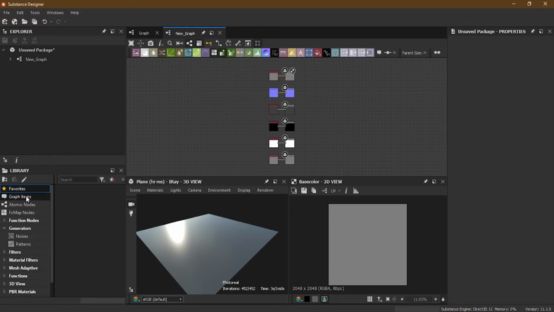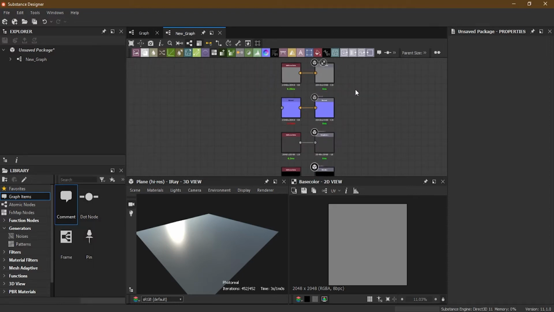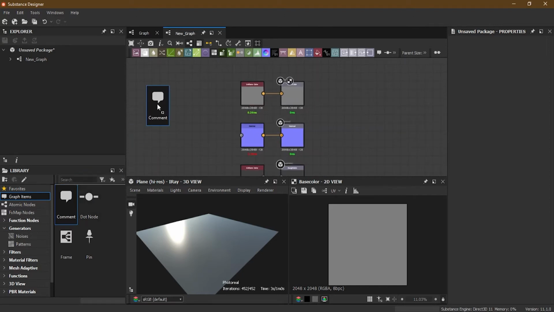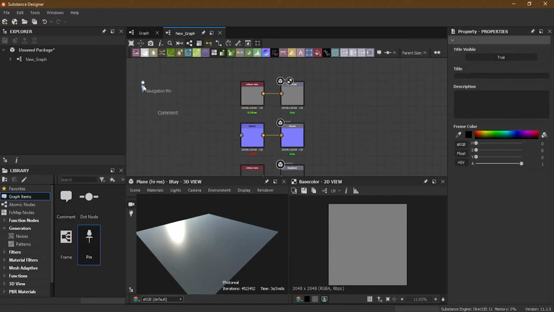Now next we'll move to the graph items. In the graph items we have all those items that we have studied before. We have the comment, which you can add anywhere you want. Then you have a pin. You can make a bookmark with the pins, and with the F2 key you can move between the different pins over and over again. Frames, you can just click it here. You can resize the frame, and you can add these values here, whatever you want. Okay, and then once your frame is resized,